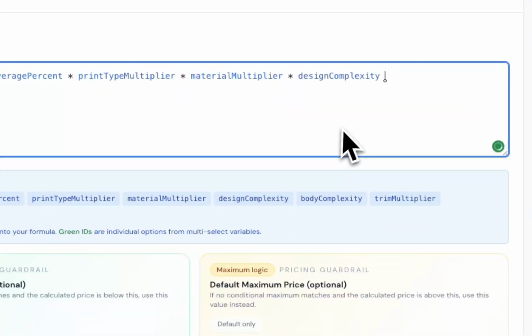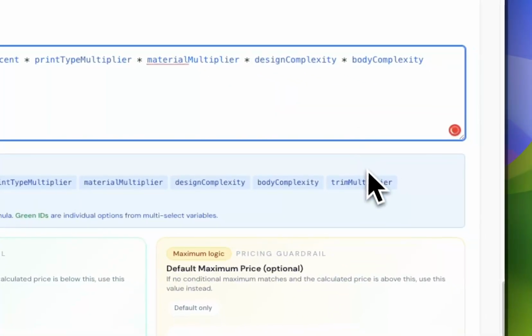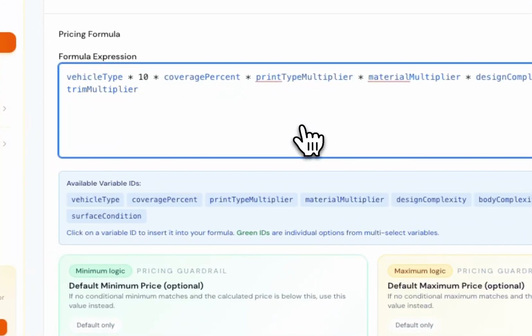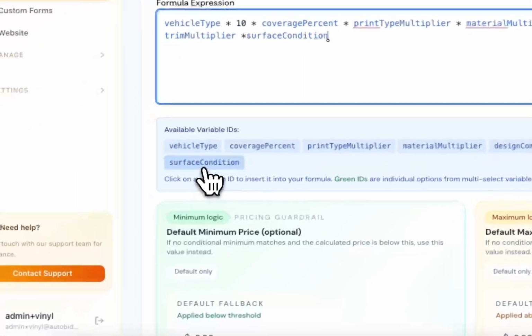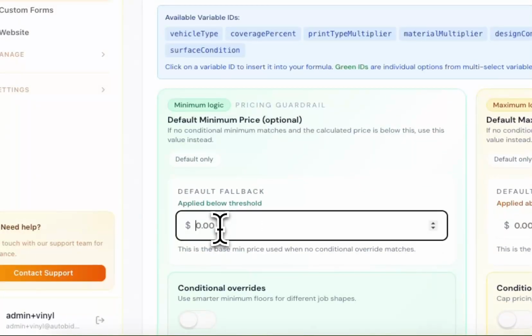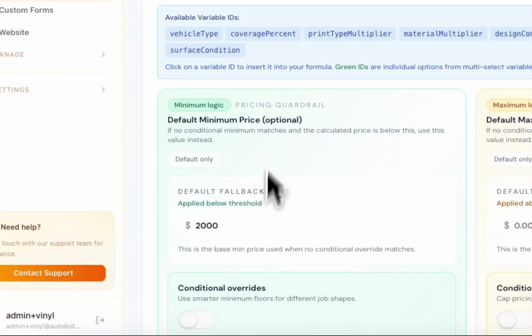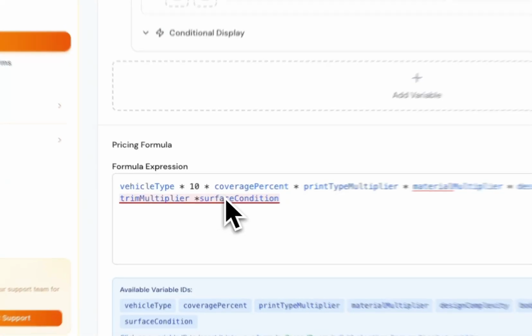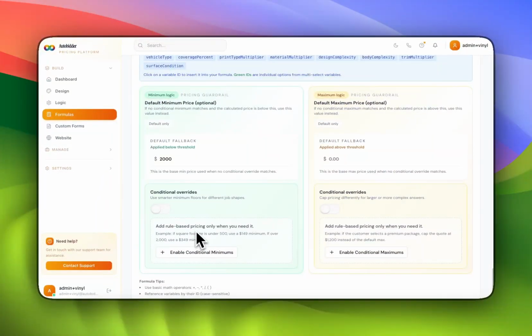Design complexity, body complexity, trim multiplier, and surface condition. And then maybe you'd have again a minimum price. Maybe this minimum is 2,000. You maybe wouldn't want to set this. I mean, because if a customer